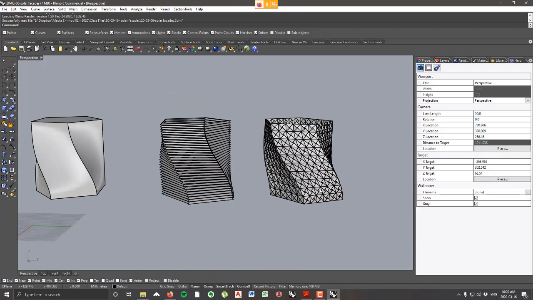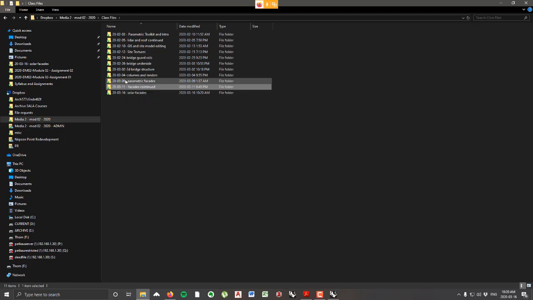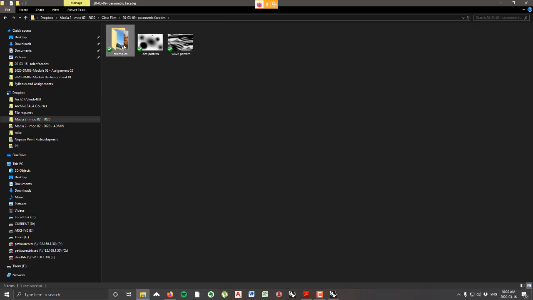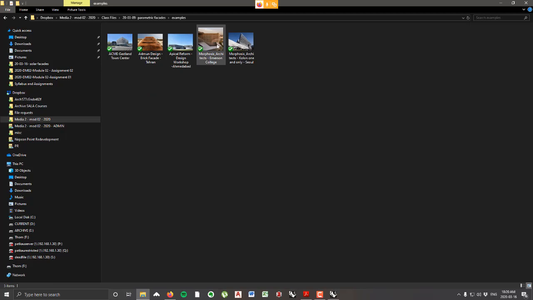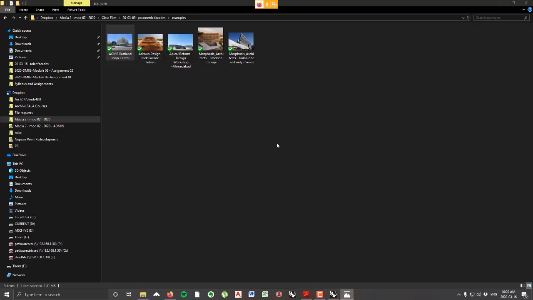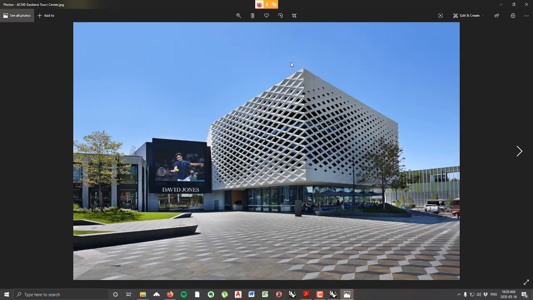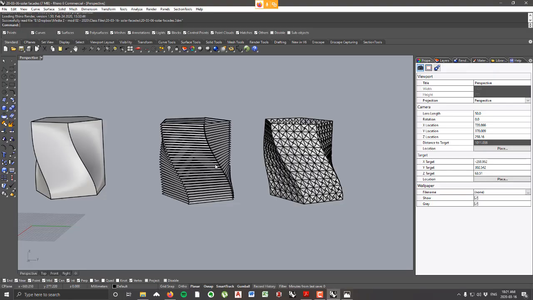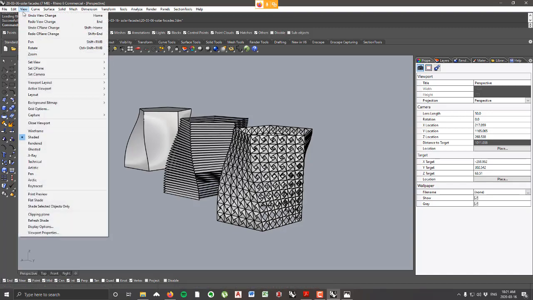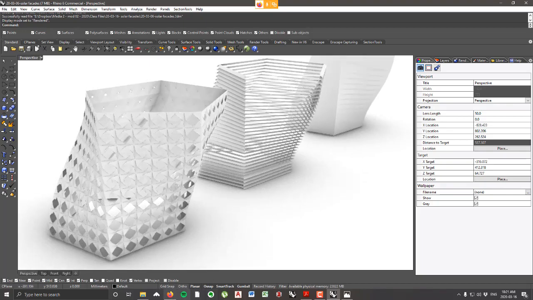parametric facades. Now, what I've based these on is, if we go to the first folder, 200309 parametric facades, I have these examples in here. And the two examples I was sort of considering here was this Acme Eastland Tower Center. So this one right here, I want to do something like this based on solar vectors. So that's what this is. This is kind of a stand-in for this, and using the techniques shown in this methodology, you'll be able to